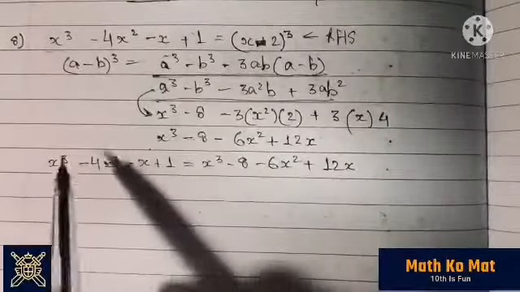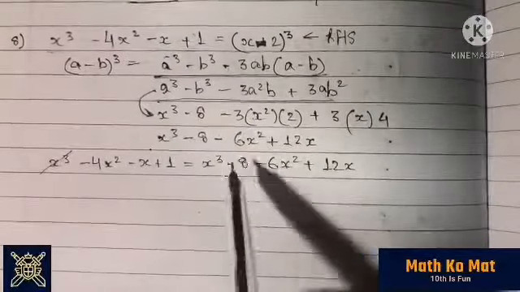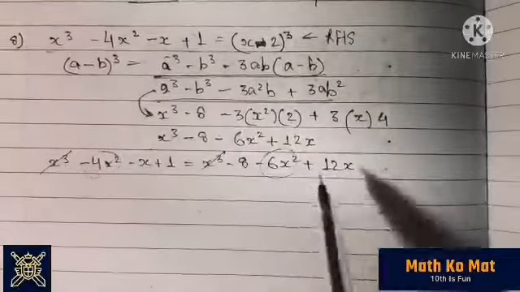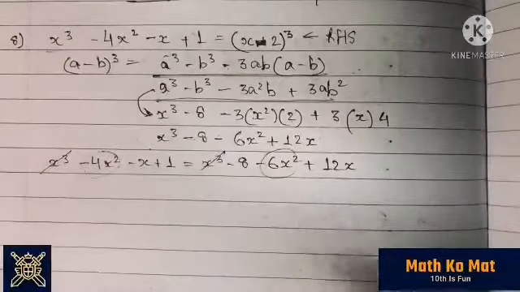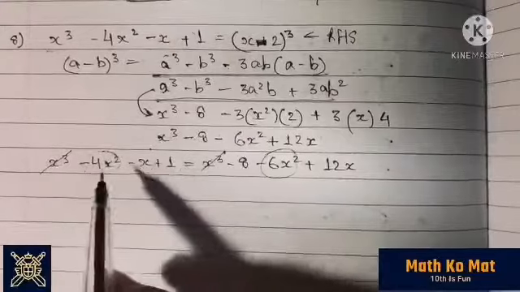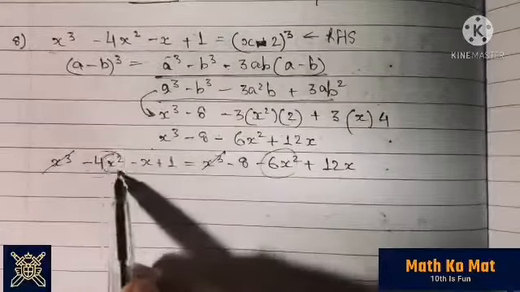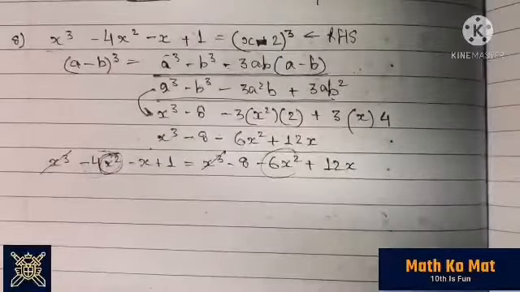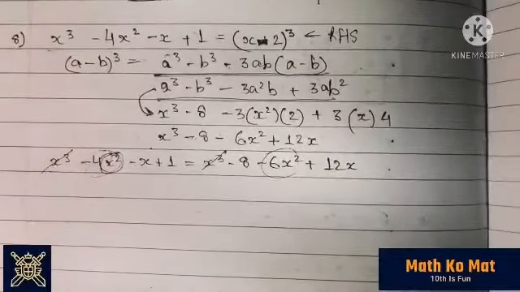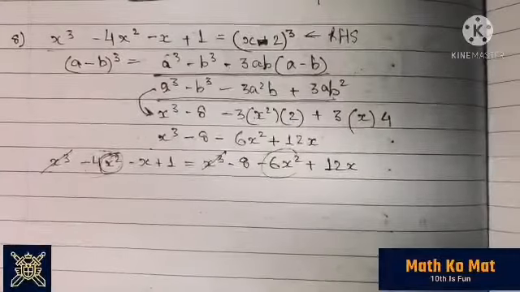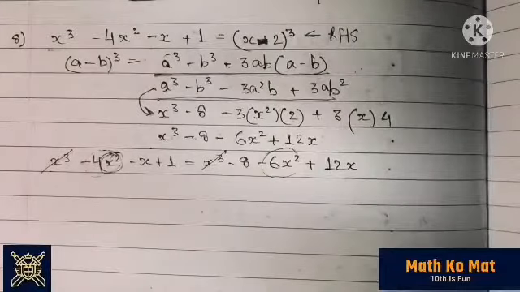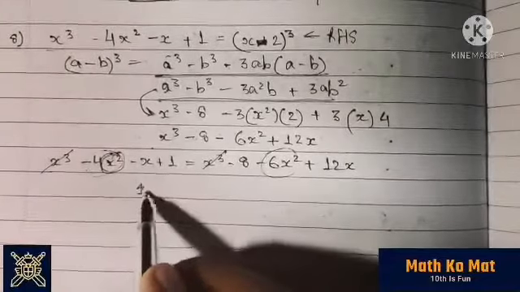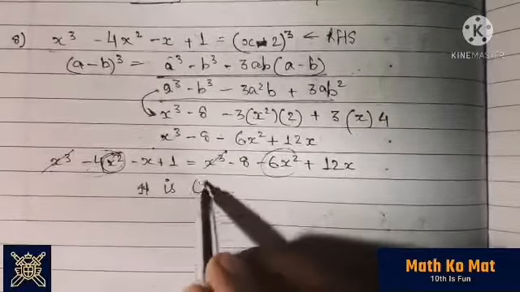And as you can see over here, the x cube and the x cube get cancelled, and you are left with x square and x square. So what you mean by saying this is that this equation is quadratic, because you have x square over here, and your x cubes got removed. So this reduced the equation from being cubic into quadratic, and that's what we had to find, whether it was quadratic or not. So yes, it is quadratic.